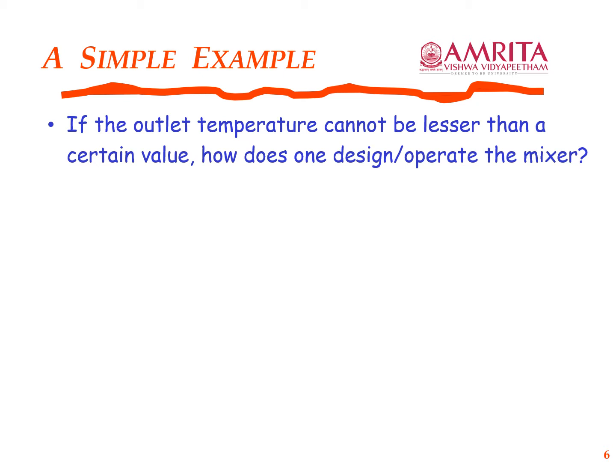Now, how would you do this? What would be the approach? This is a control problem, a process control problem. Here you are trying to say that I am going to maintain my temperature at least at a certain value. That's the constraint that is given. It could be, I don't know, 200 degrees Celsius or some number, definitely some number above probably 120 degrees Celsius, which is the temperature of the recycled stream.